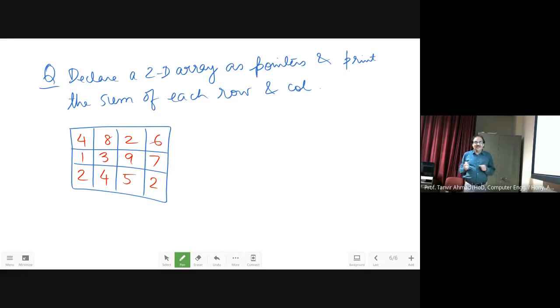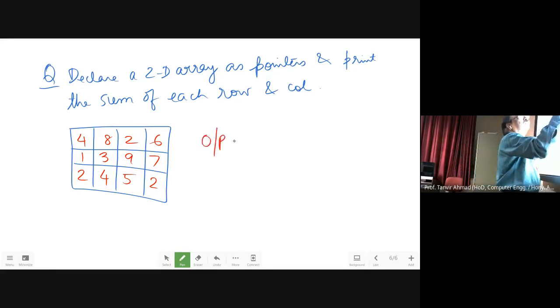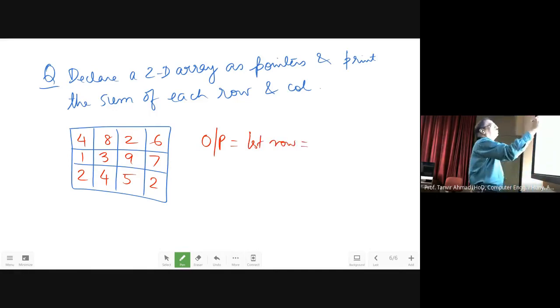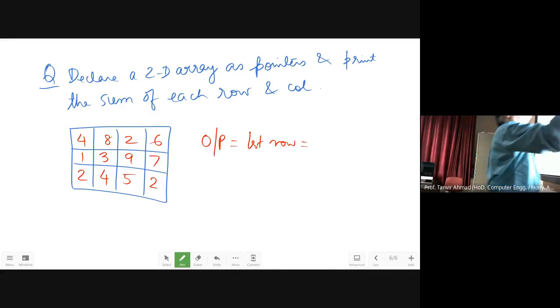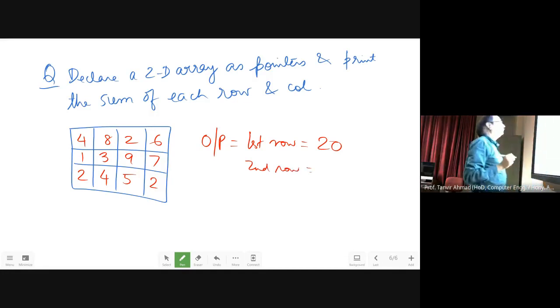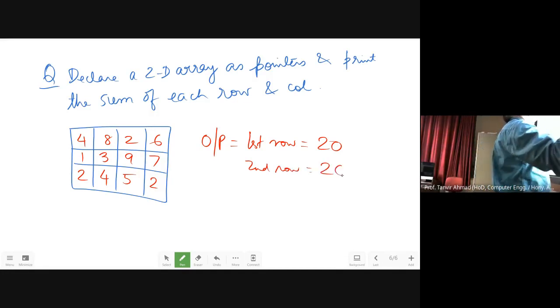Now you declare an array like this, fill the elements over here, and then the output what I want is like this. That means first of all, the sum of the first row is equal to 20. Second row again is 20. Third row 13.